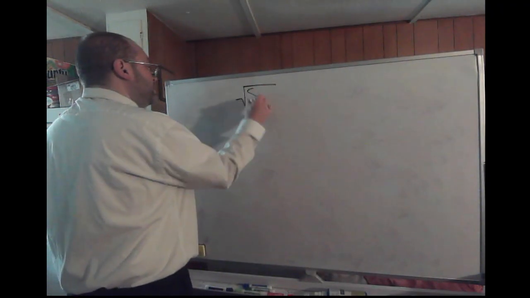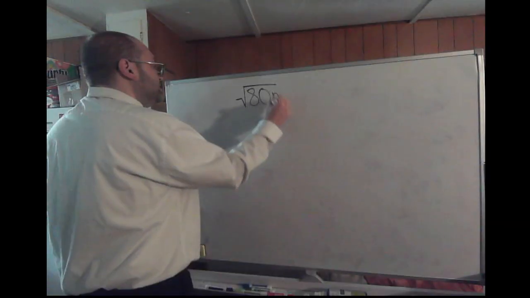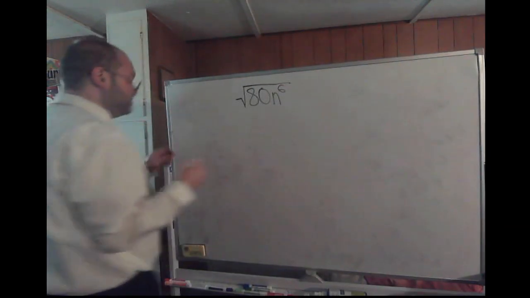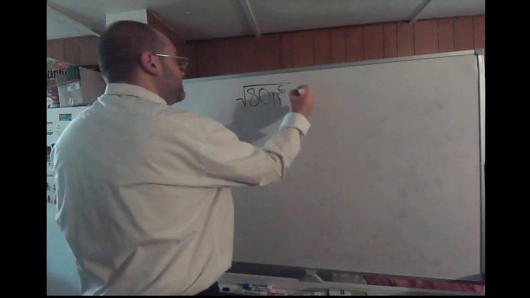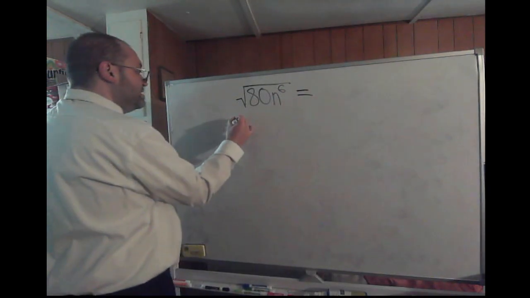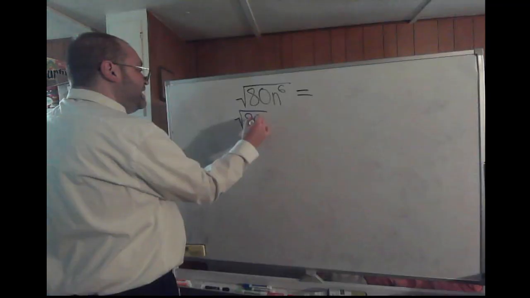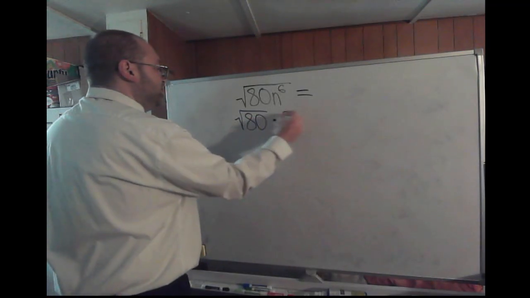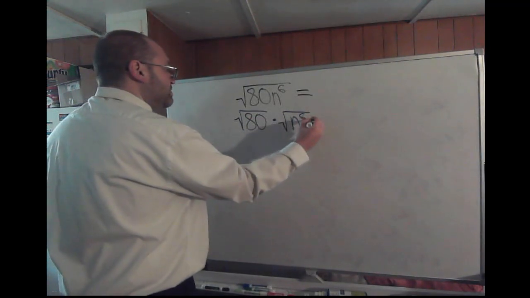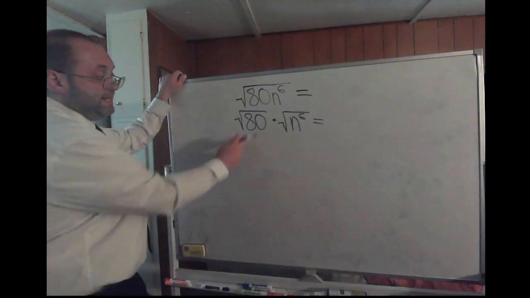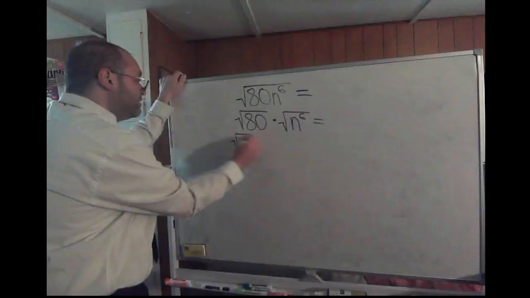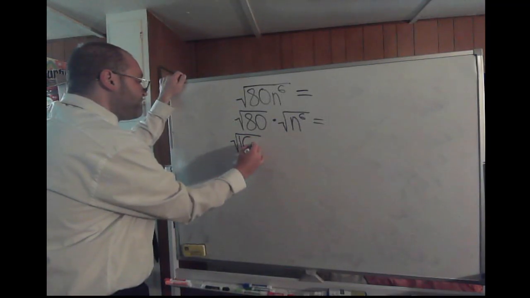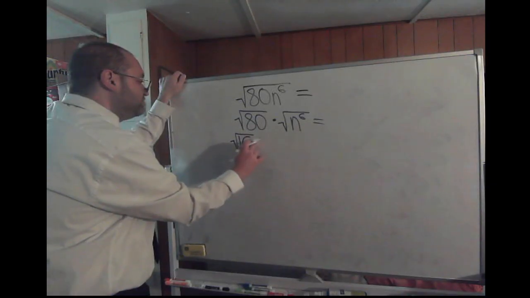Alright, we have the square root of 80 n to the sixth. Once again, we can separate this into two different square roots: the square root of 80 times the square root of n to the sixth. Well, 80 is not a perfect square, but we have two factors where one of them is. That would be the square root of 16 times the square root of 5 times